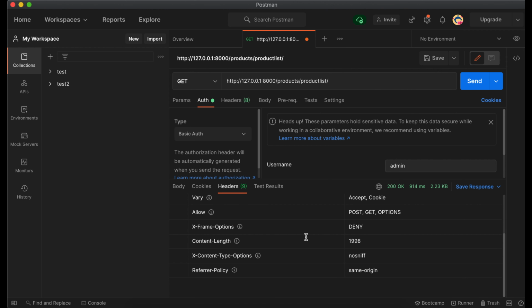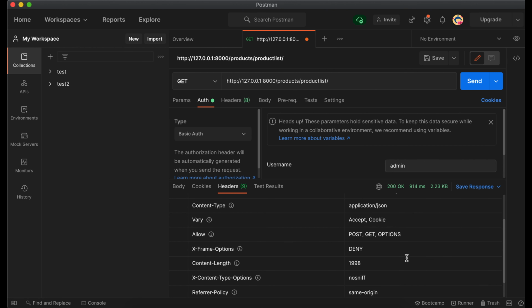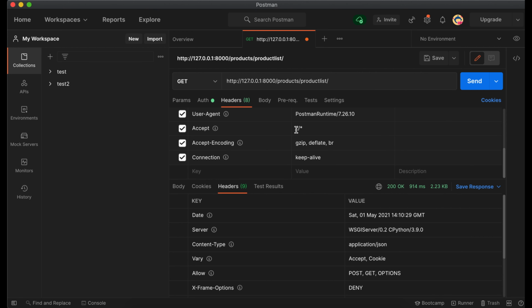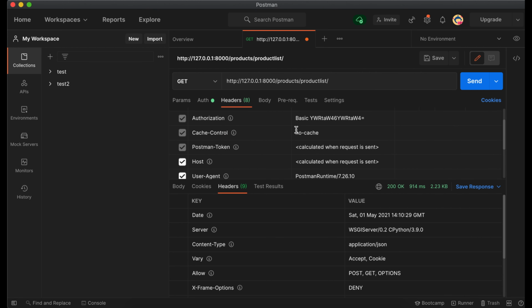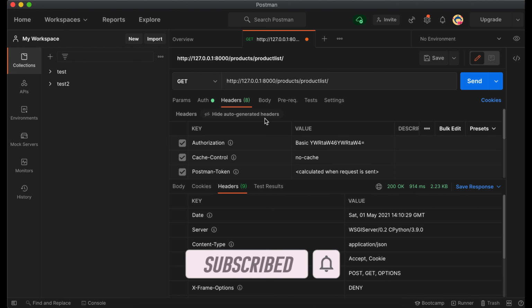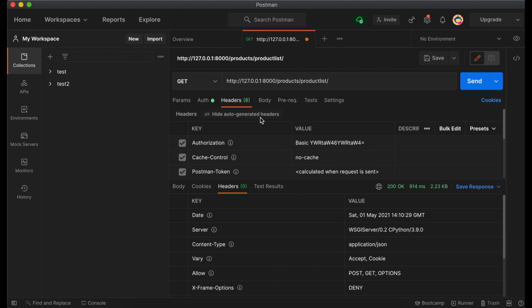Even if you go to the header section, you see all the information here, right? In the header section we can also see the rest of the information, how it works. Now I'm giving one small assignment to you: where can I see the token here, because we are talking about token authentication.